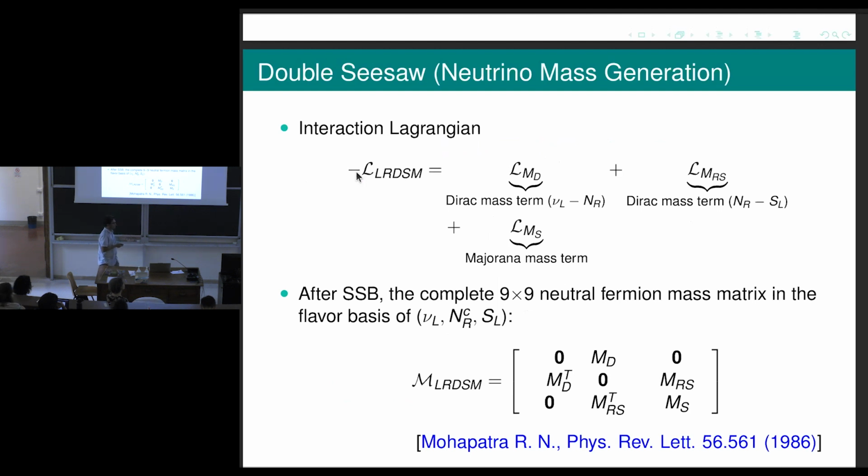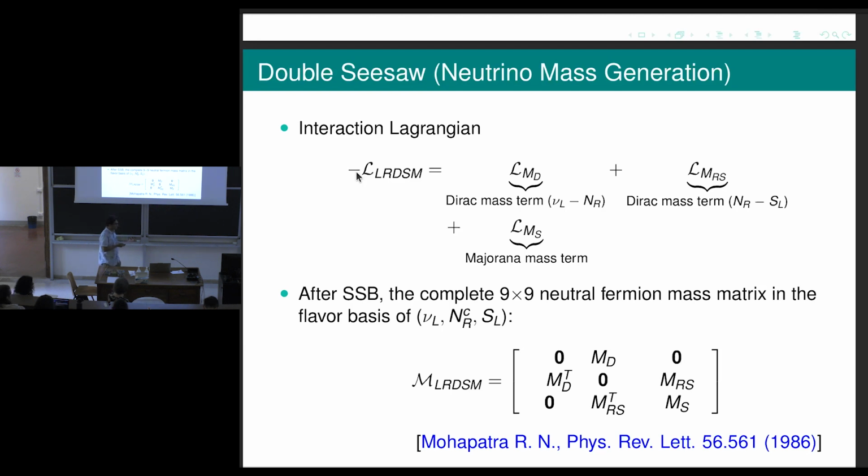If we look at the structure of the mass matrix, we know the type 1 seesaw mechanism. If you look at this block, this is only type 1 seesaw, where this is the Majorana mass term, and M_D and M_RS are the Dirac mass terms. In this 2x2 block, if M_S is heavier than M_RS, we can apply the type 1 seesaw structure once here. Then, if M_RS is heavier than M_D, even though the Majorana mass for the right-handed neutrino is not present in the left-right model, the addition of the sterile fermions induces it. If we apply the seesaw again, we can have the Majorana mass for the